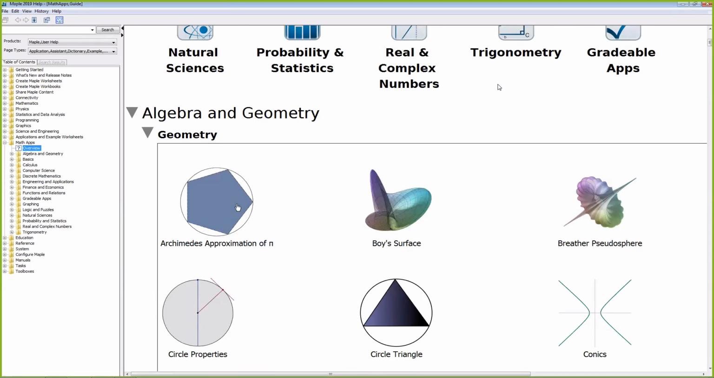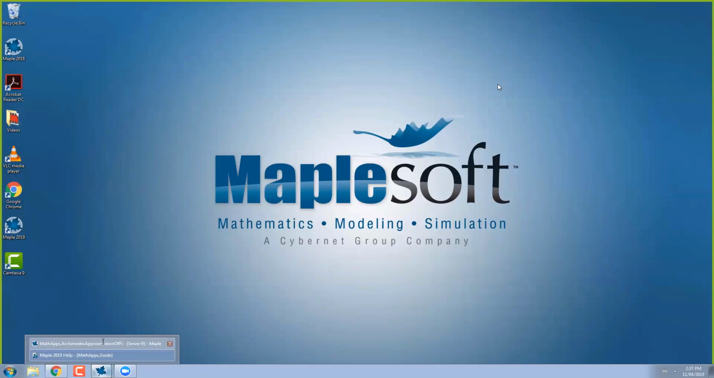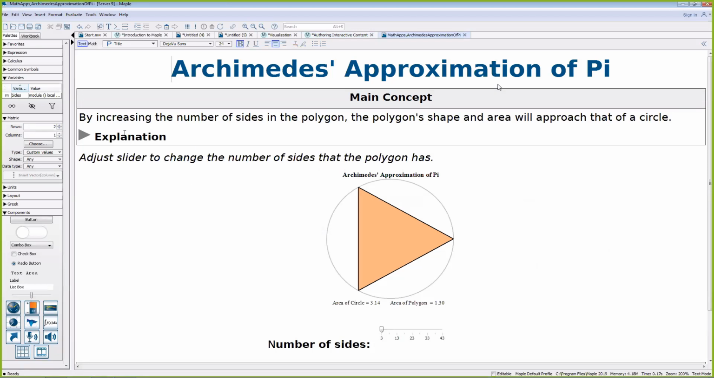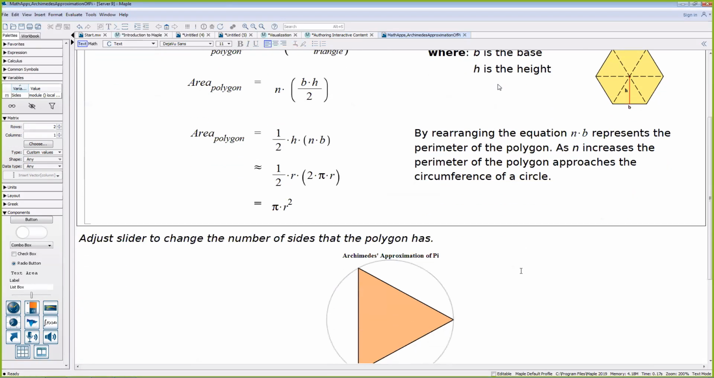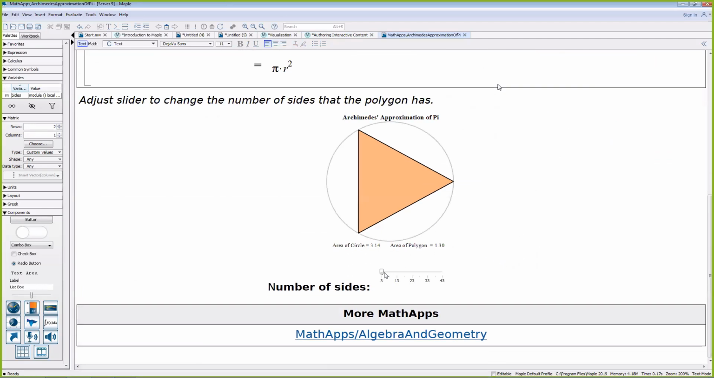Let me scroll down. I'm going to grab the first example here from geometry, Archimedes' approximation of pi. And this opens up in Maple. It's an interactive document. The way these are constructed is that we first cover a concept, and we don't go into a lot of detail here. This is the type of stuff that usually gets taught in the classroom, so we just give an overview in case somebody needs a quick refresher. But what we really focus on is making something interactive that can help have the conversation about the